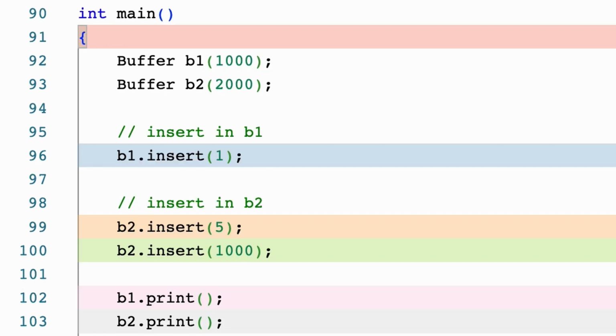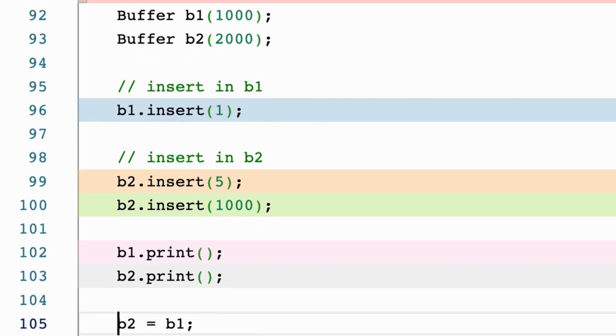So the main function is going to be quite straightforward. For the sake of this experiment, we create a buffer of 1000 elements, buffer 2 with 2000 elements, and then we insert a few elements in the first and the second one. The main point is the assignment operator.